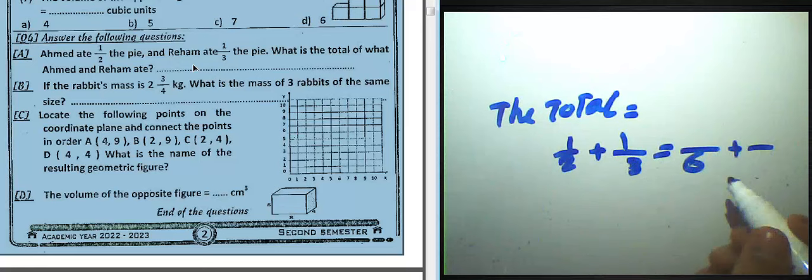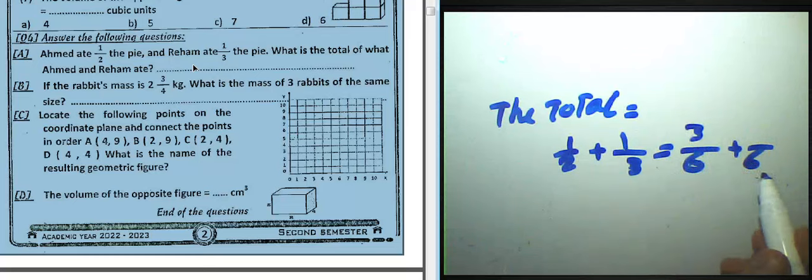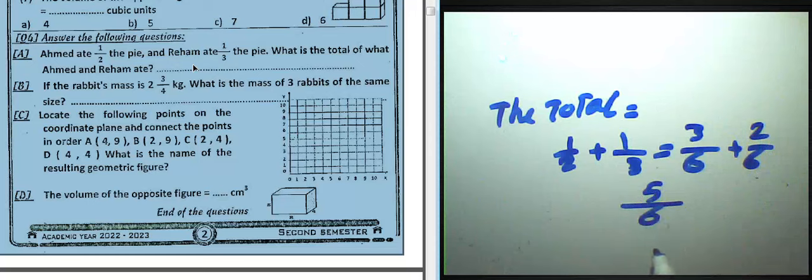The least common multiple will be 6. 6 divided by 2 equals 3. 3 times 1 equals 3. 6 divided by 3 equals 2. 2 times 1 equals 2. So the result will be 5/6. 5/6, the answer is B. Okay, we can find some of them. Question